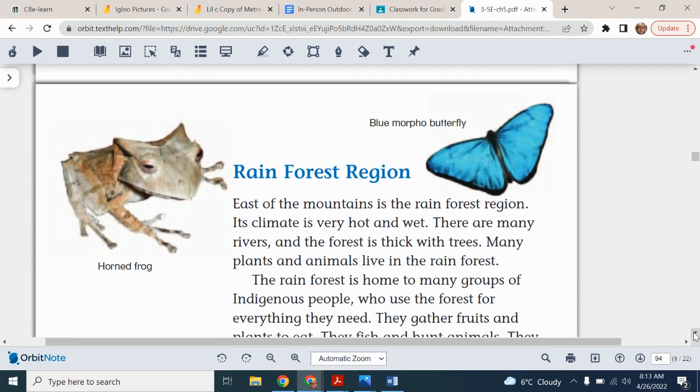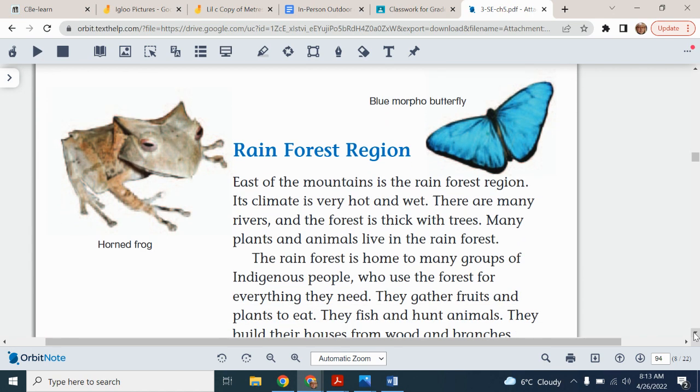Here we go. Here's my favorite geographical region. This is a blue morpho butterfly and a horned frog. East of the mountains is the rainforest region. Its climate is very hot and wet. There are many rivers and the forest is thick with trees. Many plants and animals live in the rainforest.